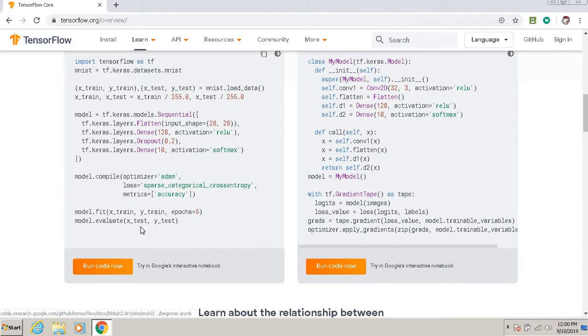So what you can do is we can run this code on the Google interactive notebook. So what we'll do is go for run code now. For that we have to log into our Gmail account. So my system is a little slow, so maybe it will take some time.